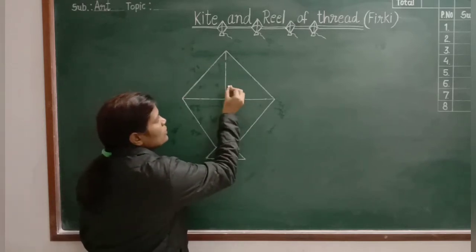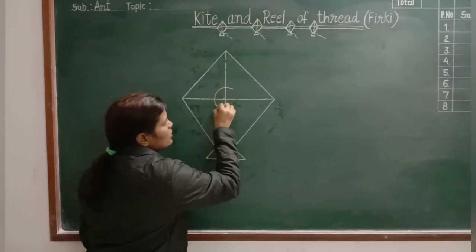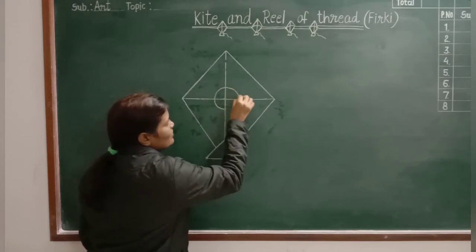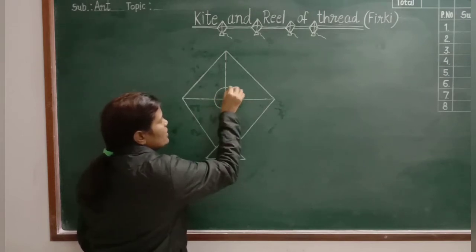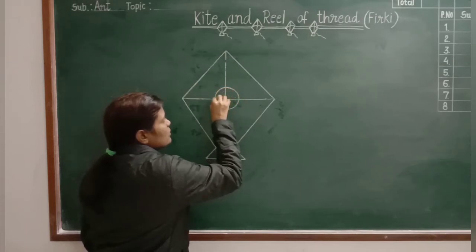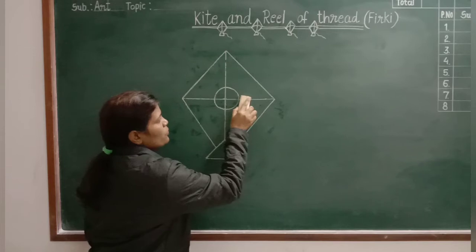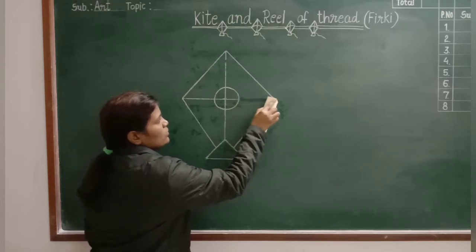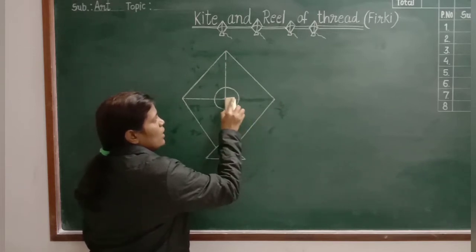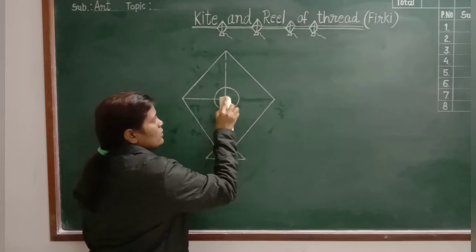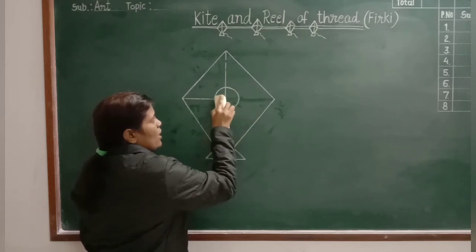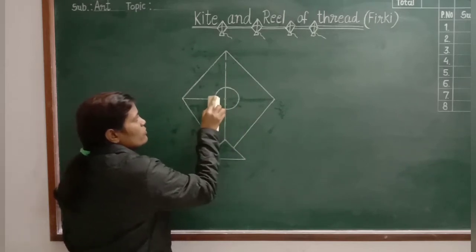So here I will draw circle, okay, like this, and this line also you erase. This is unnecessary line I just made for